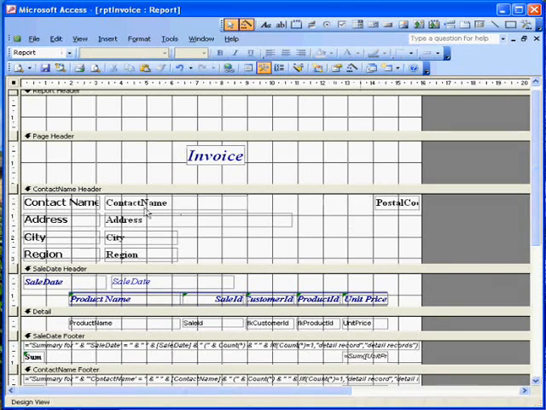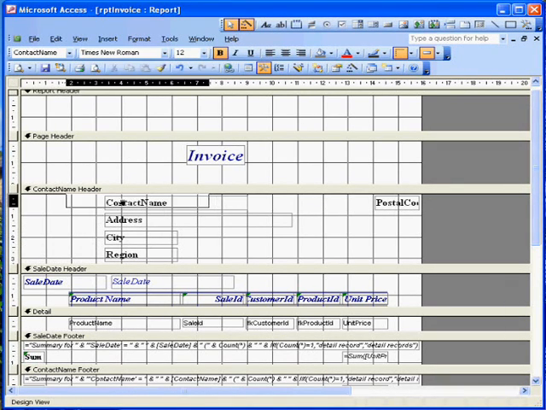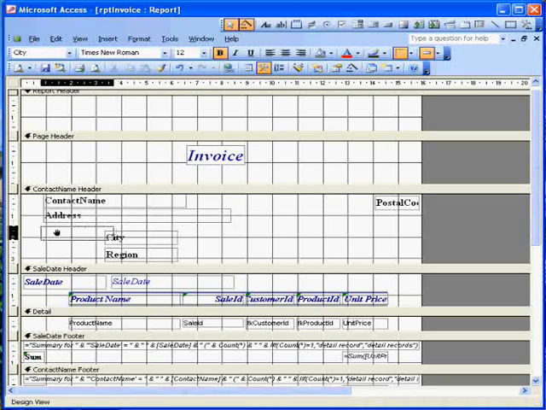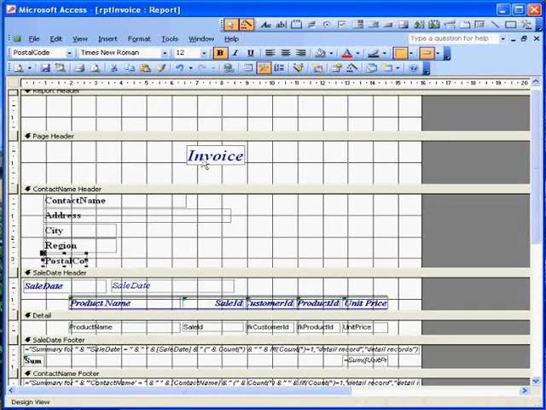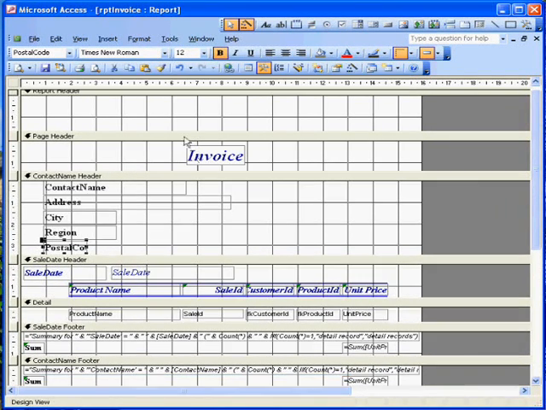We don't need to have these items. We just need to have contact name, address, city, region and postcode. And we can move that up. We'll close the report header,